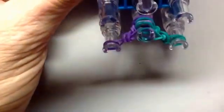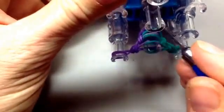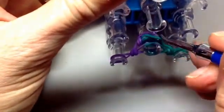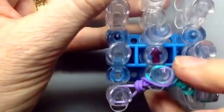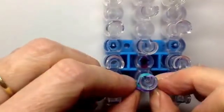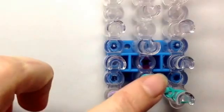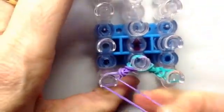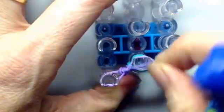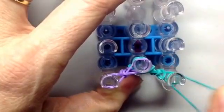So again, we've got 2 layers on the front, we're going to loop those, but now we have 3 layers or 6 bands. So it's 1, 2, 3, 4, 5, 6. So we're going to get the bottom 2 bands on there and loop those up, because that's going to become our fishtail. Okay, and push those down. And again, now that we've got the number of bands on there, each layer is going to be exactly the same. Now that we've built up to the level where we can start that fishtail, each layer is going to be the same. The twisting